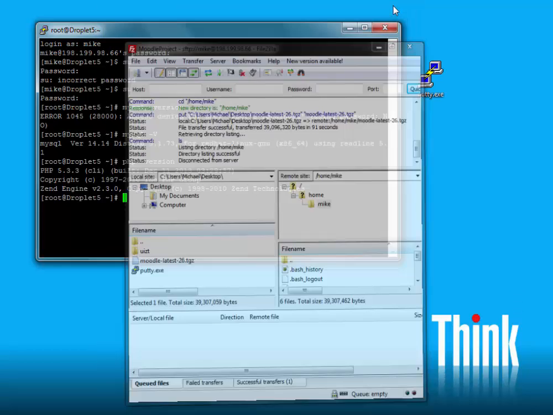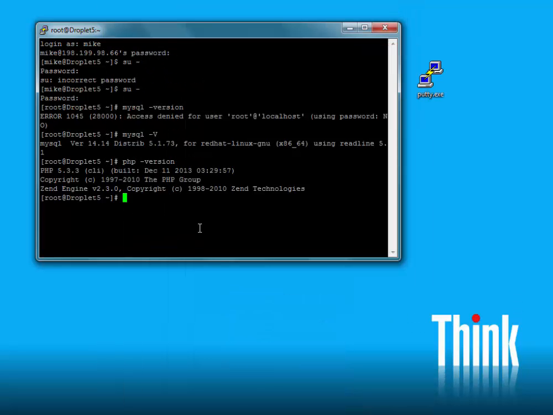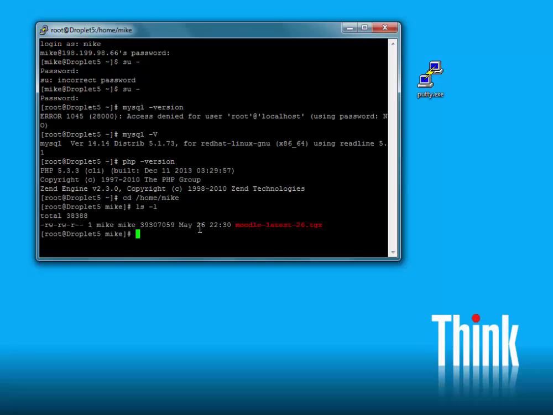Now that we have the download complete and the Moodle source code is on the server, we'll need to cd to the home directory of Mike. There's the source code. It'll have to be untarred, so we'll use